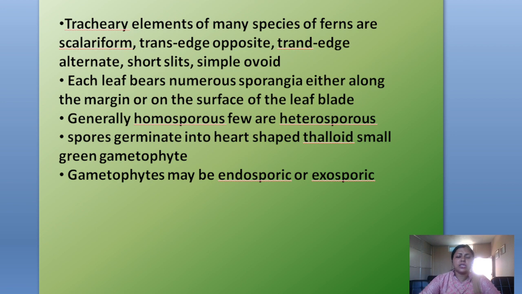So these are the different morphological characters of the pteridophytes, and I hope that it will help you to know the morphological characters better. And in the next class, we will discuss all the anatomical characters or anatomical differences of the